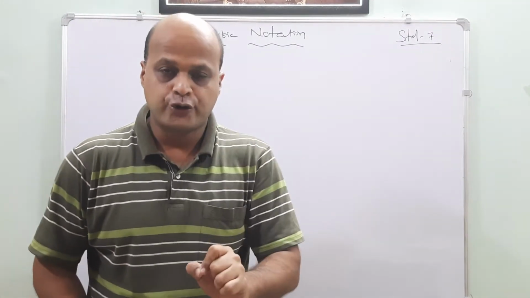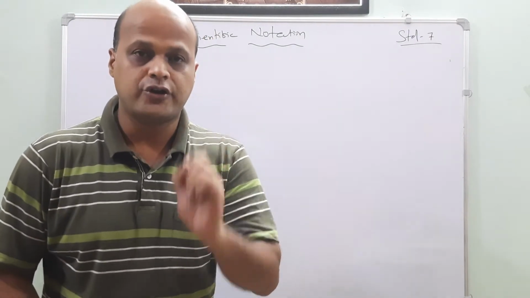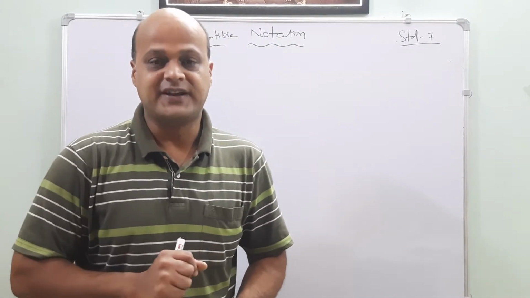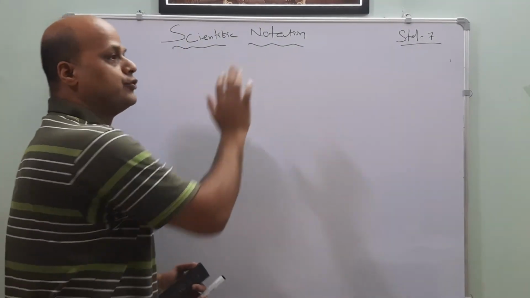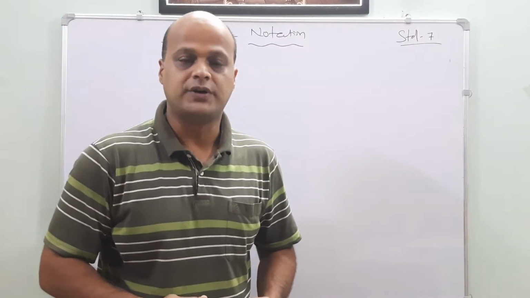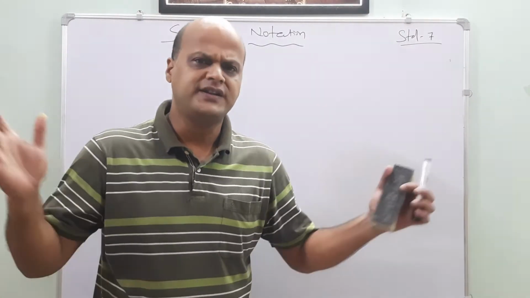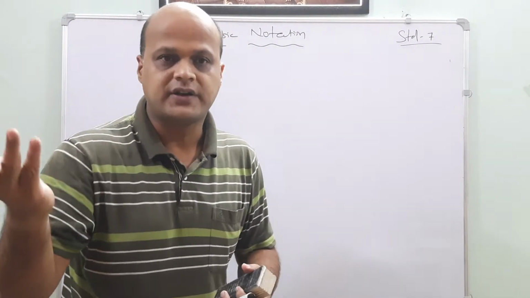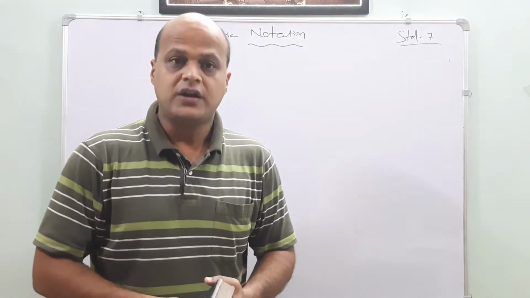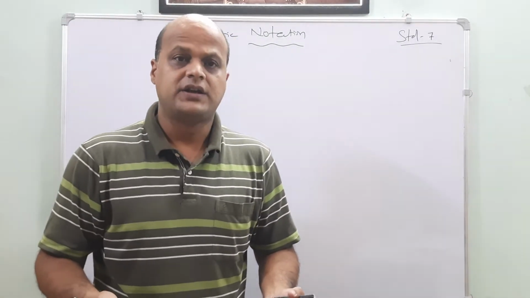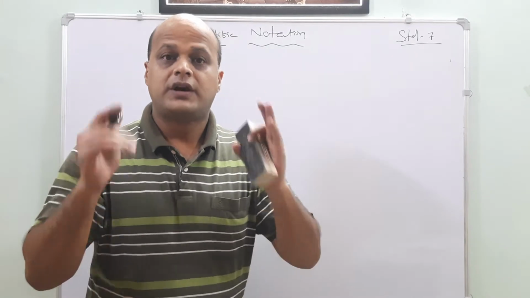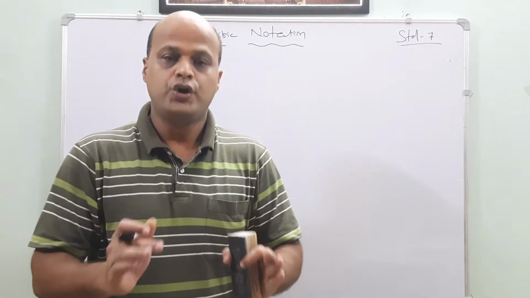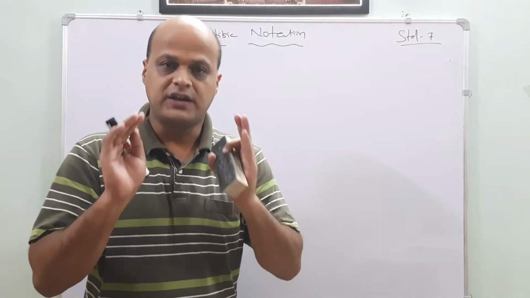Okay, so as I always told you, my dear friends, before going to any topic you have to remember the fundamentals. So listen very carefully. What is meant by scientific notation? Scientific notation is nothing but a way to represent a big distance. For example, the distance from the earth to the sun, the earth to the moon, or the earth to any planet. How will you represent the distance in a scientific manner? We will discuss this briefly.